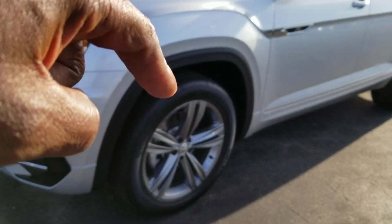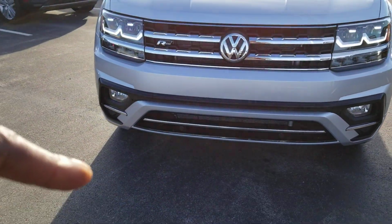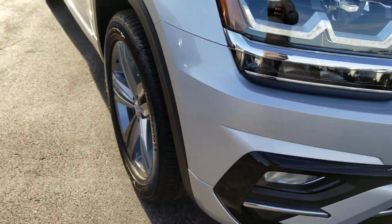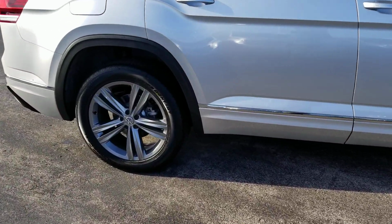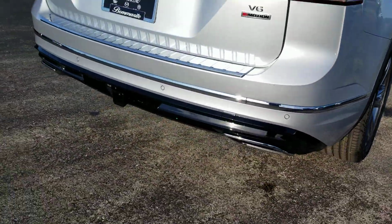20-inch Trenton wheels right there. Piano black treatment with a little bit of chrome accent around the fog lights right here. R-Line badging right there, as well as another R-Line badge on the passenger side door there as well. A look at that body colored paint below the chrome line, and also piano black treatment around the exhaust tips